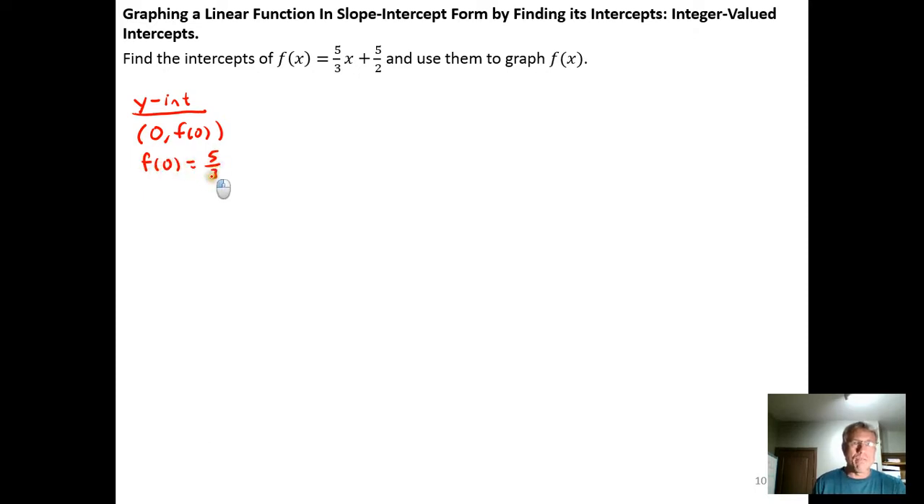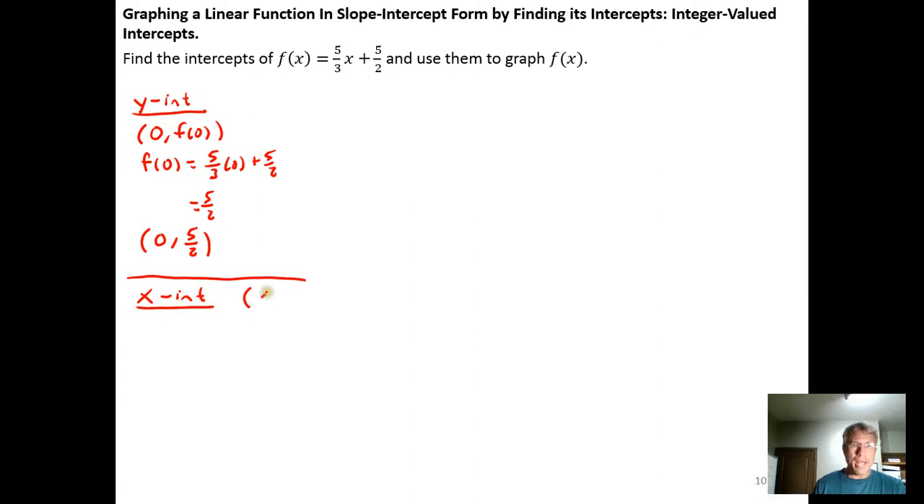So we get 5/3 times 0 plus 5/2. And 5/3 times 0 is 0. 0 plus 5/2 is just 5/2. So we get the ordered pair input 0, output 5/2. There's our y-intercept. And then we want to remember that for the x-intercept,